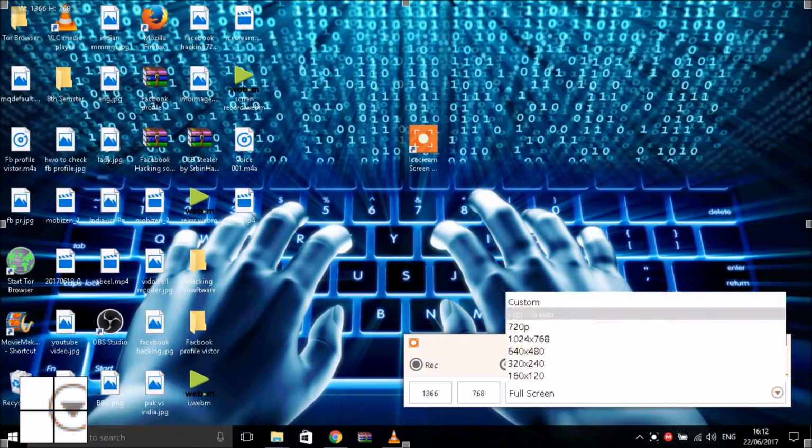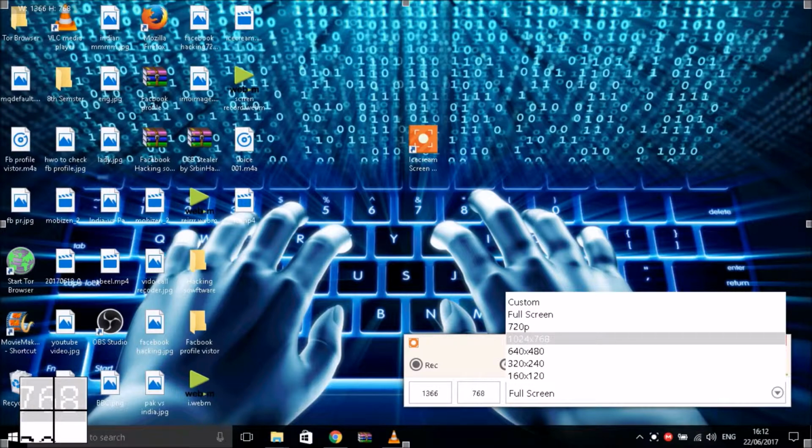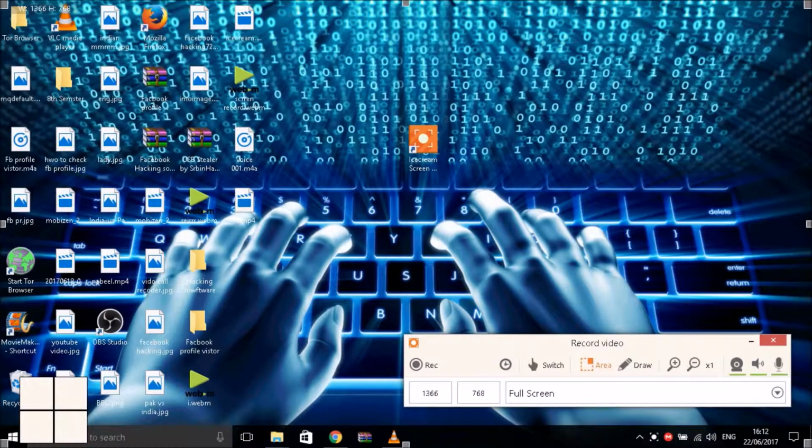Here is the full screen. If you want to capture a custom size like 1024 by 768, but I just need a full screen. I want a full screen. And here is the record button, REC. When you click here,